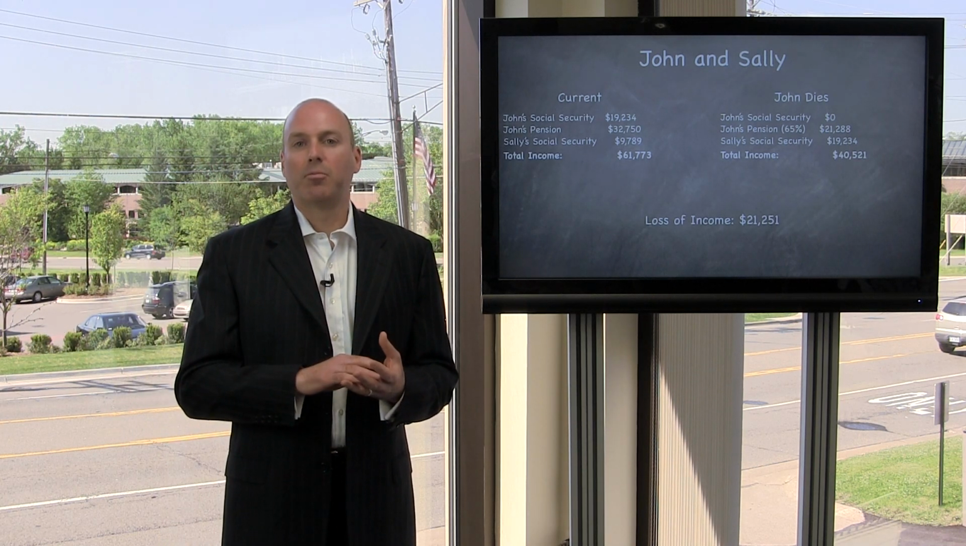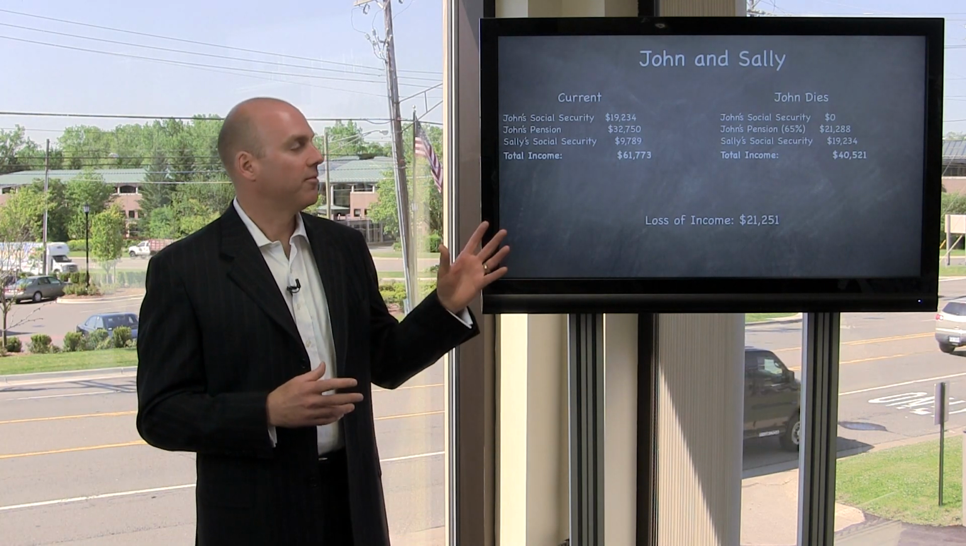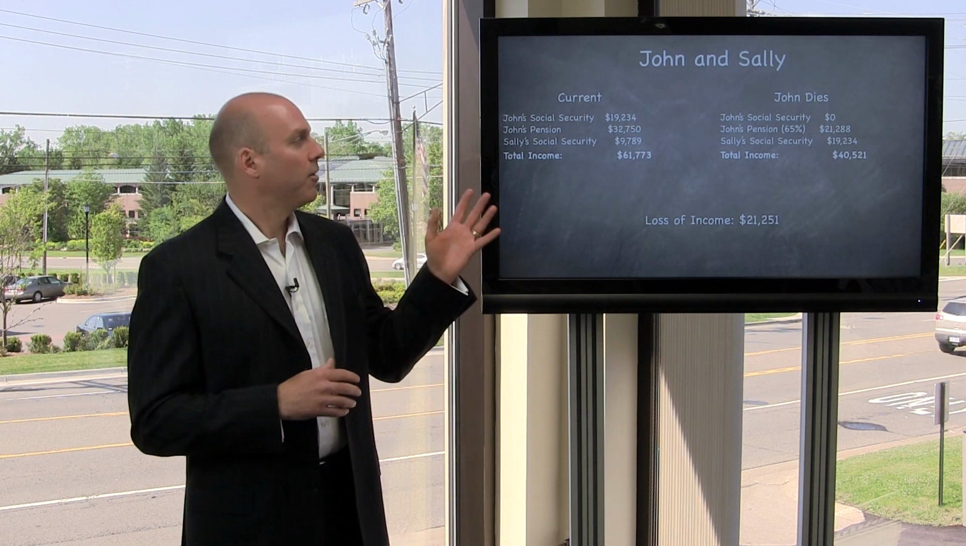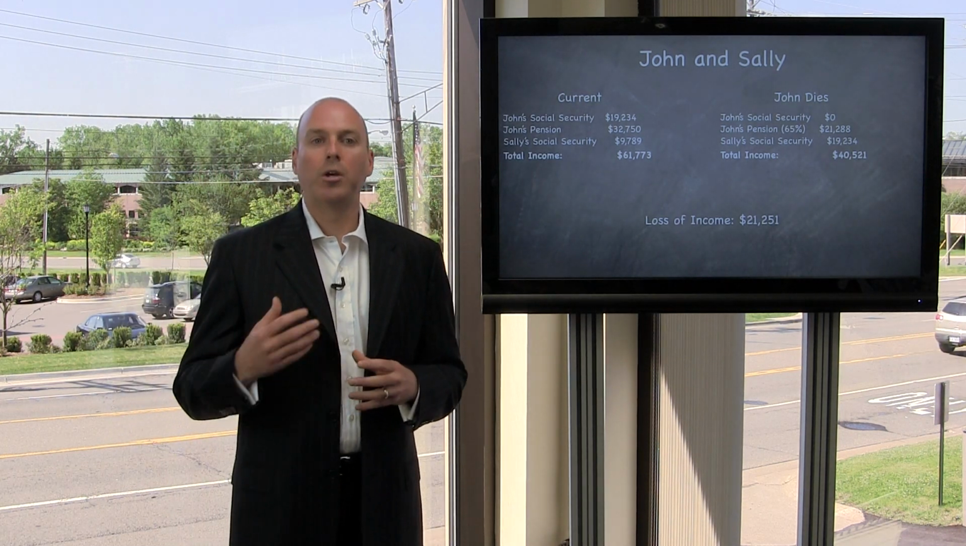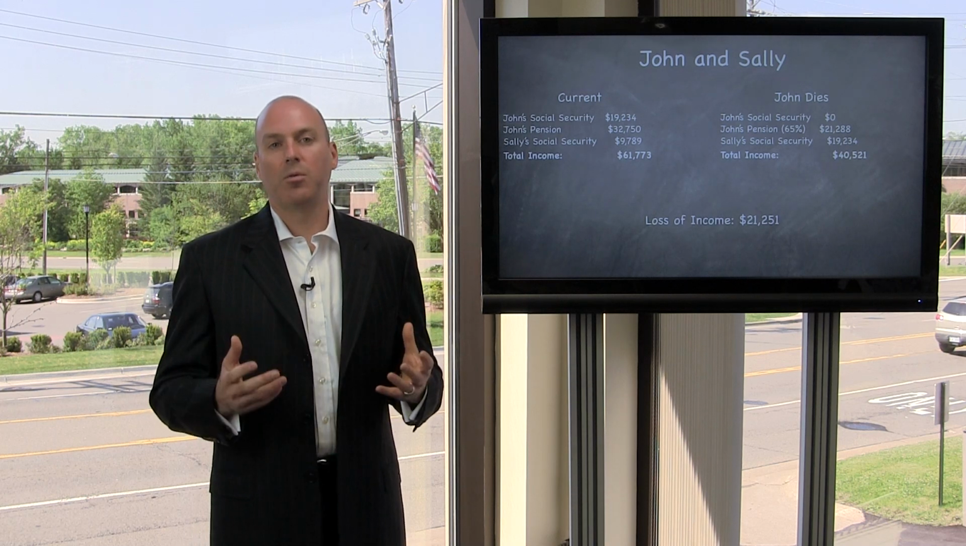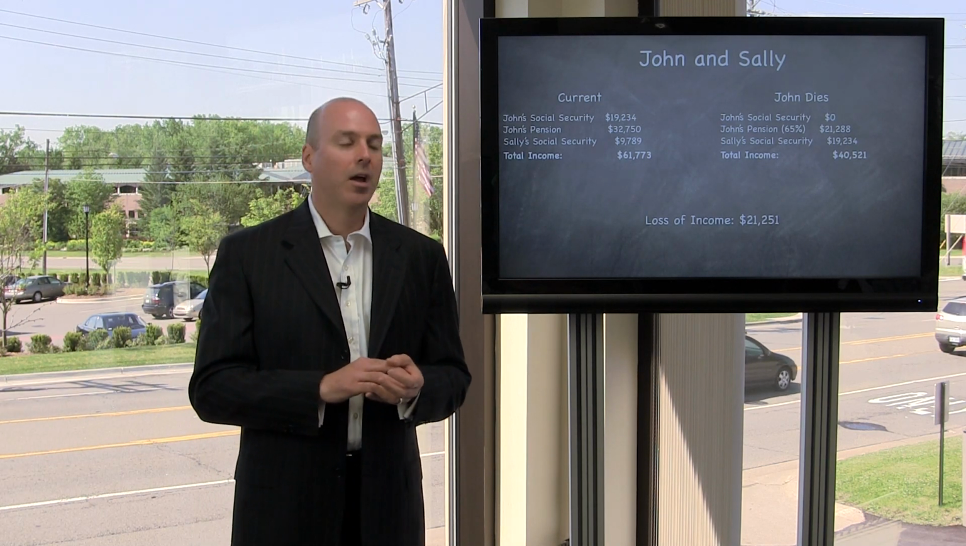Also, it's very common for pension benefits to have a 65% surviving spouse option. This means that if John dies, his pension would be reduced by 35% from $32,750 to $21,288. So the total retirement income would go from $61,773 to $40,521, a loss of